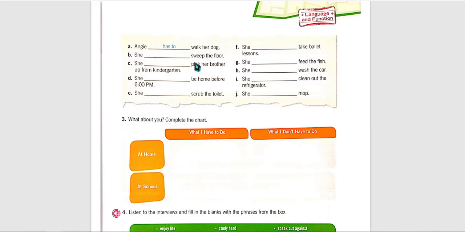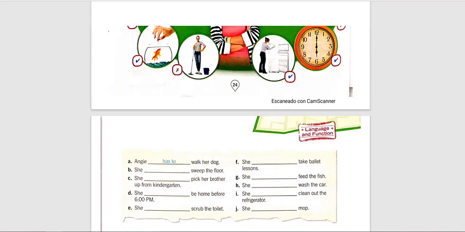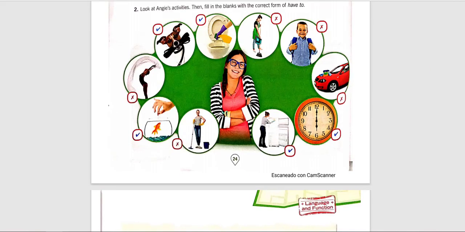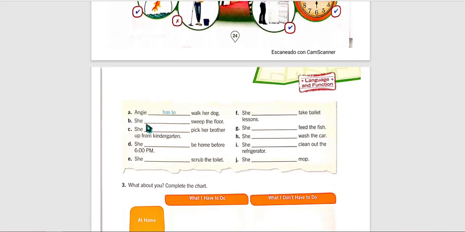Second, she sweep the floor. We take a look and see no. So we place she doesn't have to sweep the floor. Here doesn't and have. Okay, you know that when it's third person singular we say has. She has or hasn't. But have is an auxiliary verb,